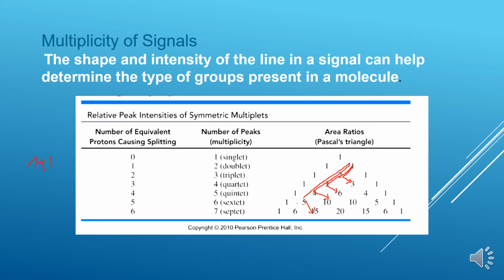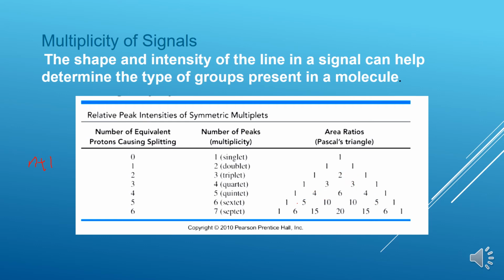To get this 3, add these two values. To get this 6, add these 3 values. To get this 10, add these 4 values. To get this 15, add these 5 values, like that. Again, to get this 20, remember, like that. To get this 10, these 3 values. To get this 4, these 2 values, 1 and 3. So like that, this is how we construct Pascal's triangle.